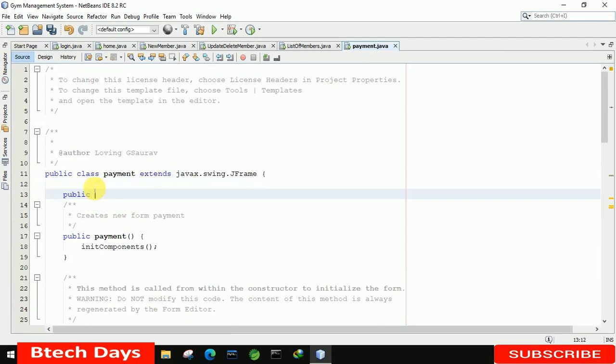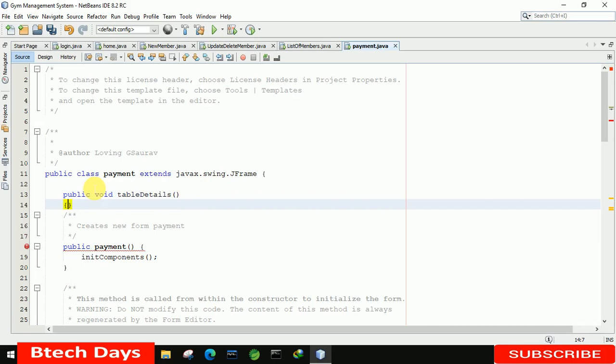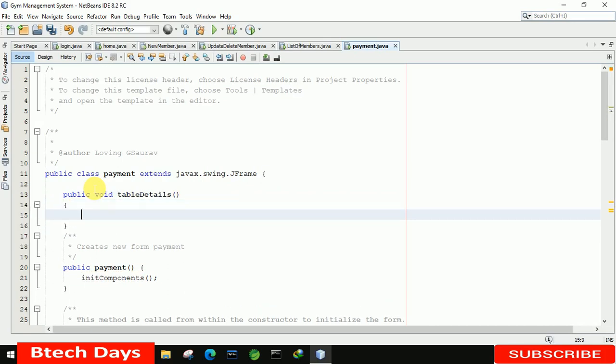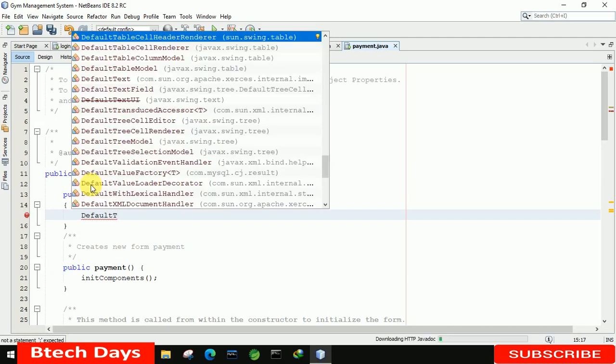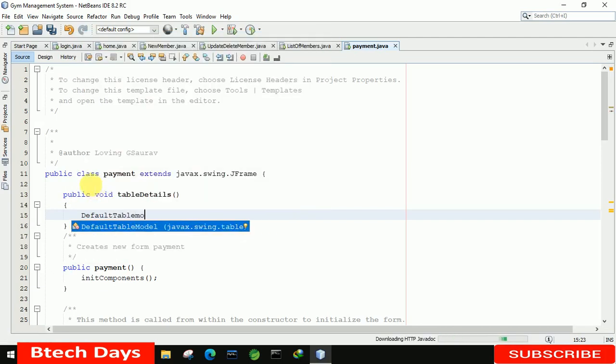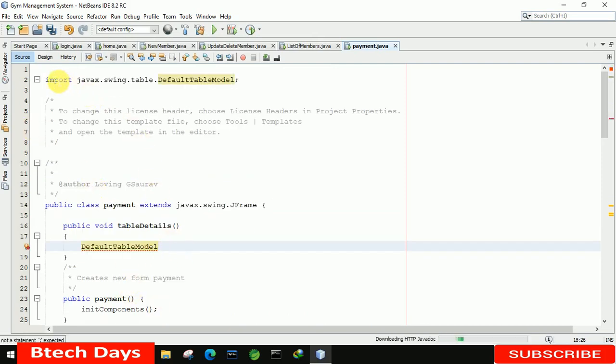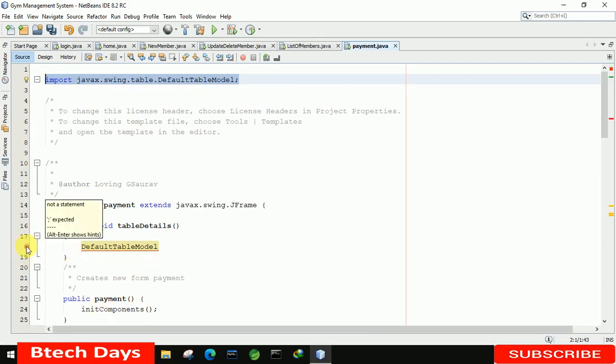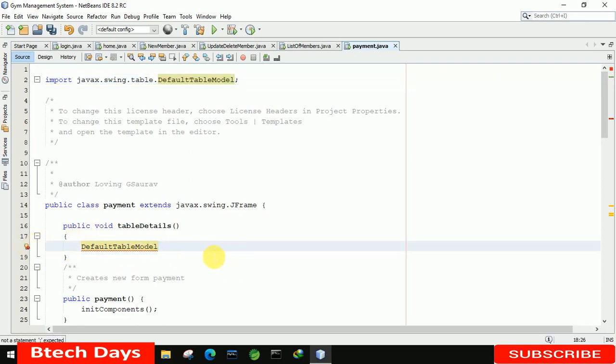Public void table details. Okay. And in this, here we have to write DefaultTableModel. We are going to call this table model. Okay, this one. When I click on this, you can see it automatically imported this package. So if you are not able to get this, you can also use this one. Here you will get the option to import. Right now it's not showing because it's not closed or the semicolon is not there. That's why. So DTM equals to